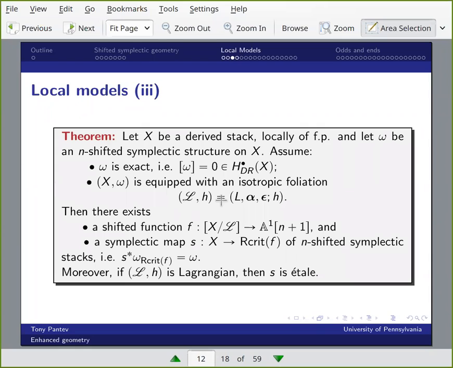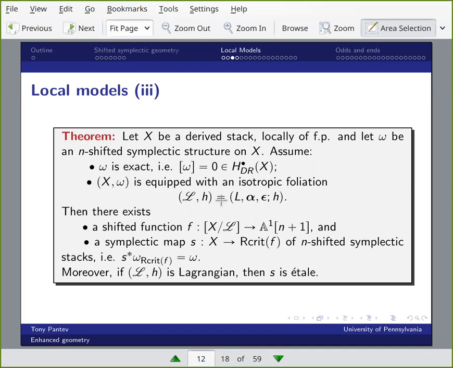So if you want to have a global potential, the symplectic form has to be exact, or otherwise you have to do it locally, so that it's locally exact. But suppose that you have a derived stack which is locally finite presentation, an n-shifted symplectic form which is globally exact, so it has a zero class in the derived homology. If the symplectic stack is equipped with a foliation which is isotropic for the symplectic form, then you can quotient the stack by that foliation, and you get a geometric object on which there is an n+1 shifted function,